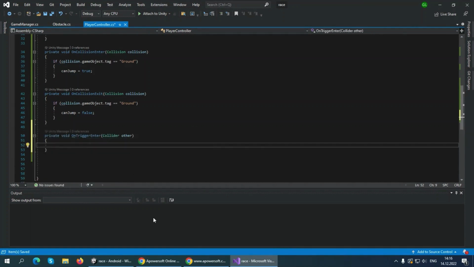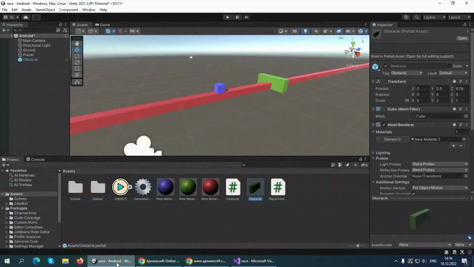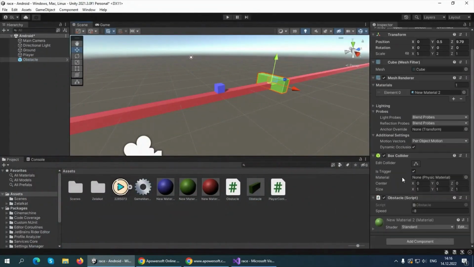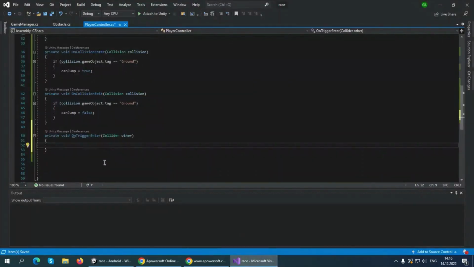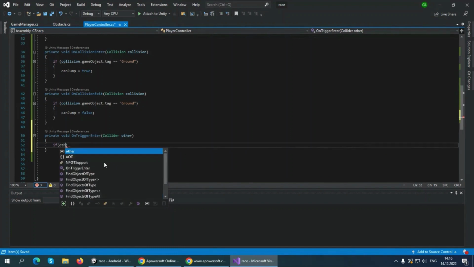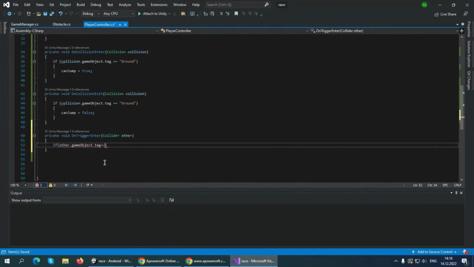Now, what is this OnTriggerEnter? If you remember, on our obstacle, I told you that we need to tick Is Trigger. And that's exactly why, because we can say here that if other.gameObject.tag double equal sign, here our obstacle has the tag of obstacle,